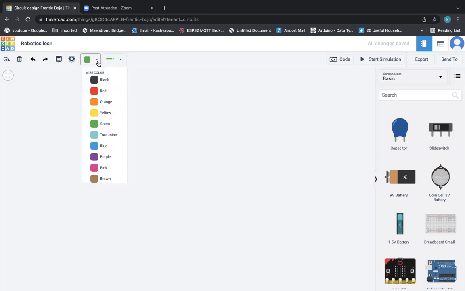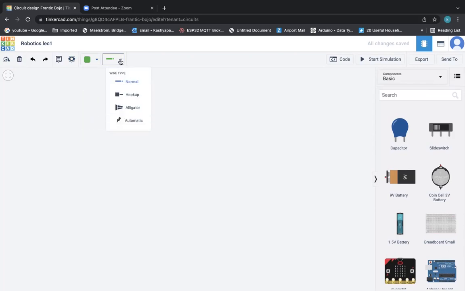And then here you have colors. If you need different types of wires, different colors of wires, you can select out of these colors. And then here is the wire types: the normal wires, the hookups, alligator clips, and there's one called automatic as well.